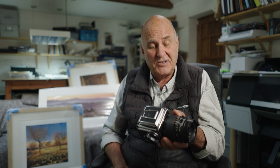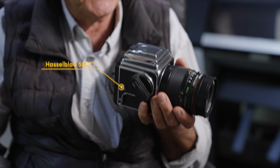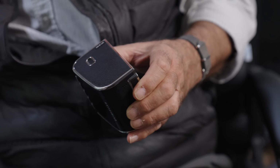But when it comes to me, I'm going to talk about my old faithful here, a Hasselblad 500C. Essentially, it's a box, and it's a 6x6 centimeter. This was made pretty much, not this particular one, but they began to be manufactured in 1957. Now, rather fascinatingly, nearly 60 years later, a CFV II 50C digital back came out in around 2020. The most extraordinary thing is that the digital back that appeared all those years later